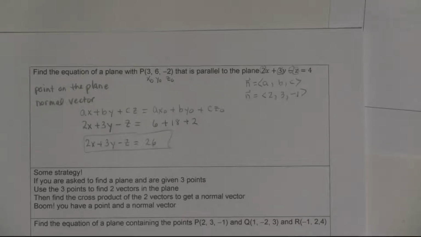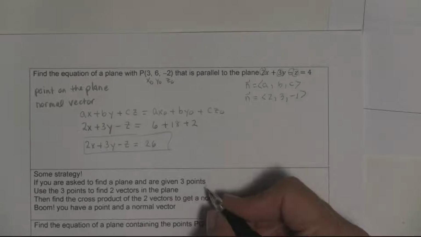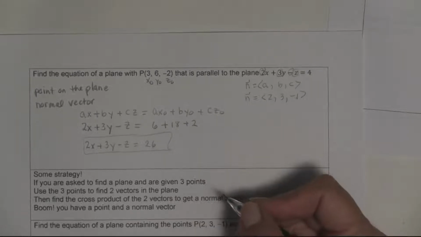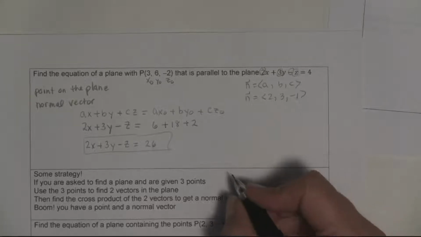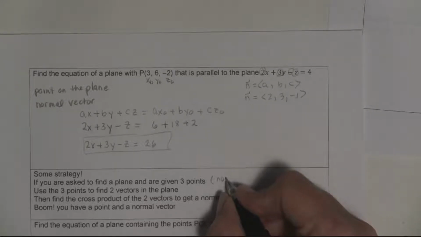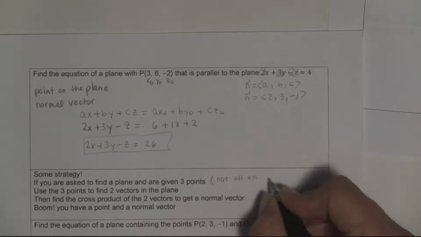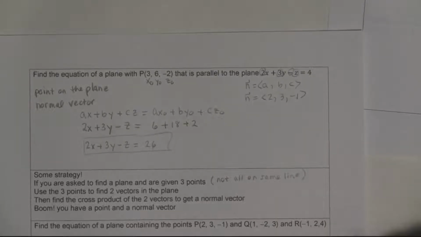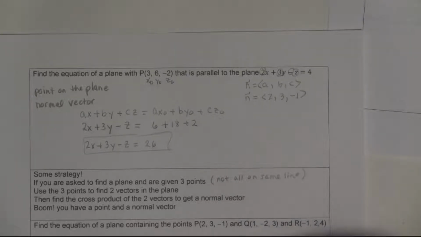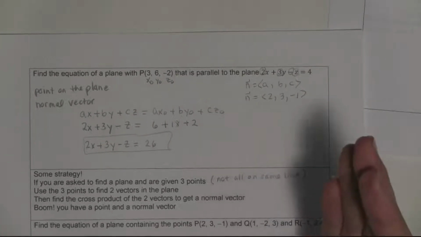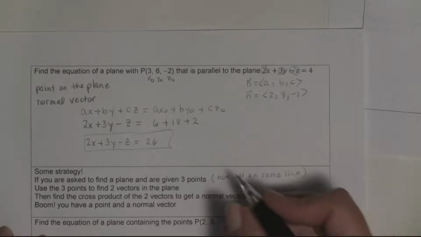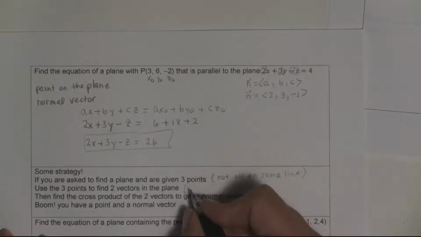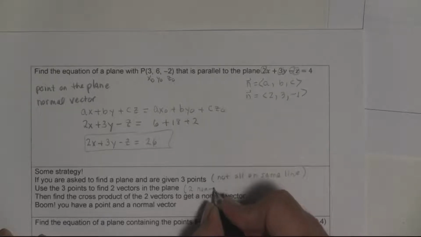And then just some strategy. If you're asked to find the plane and you're given 3 points, then you can use, and I should have put here, when I put that, should have put that these 3 points are not all on the same line. And then you can use those 3 points to come up with 2 vectors, not necessarily the same 2 vectors in the plane. And these vectors, when you do, will be 2 non-parallel